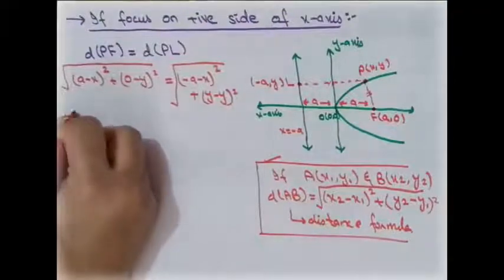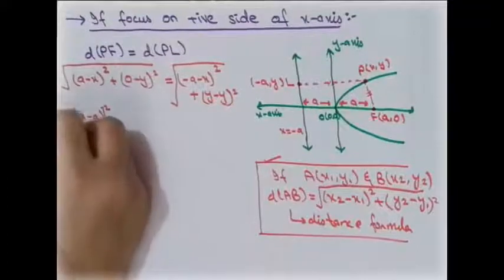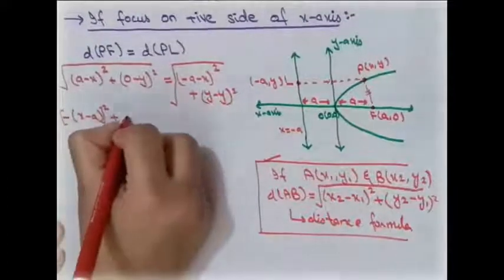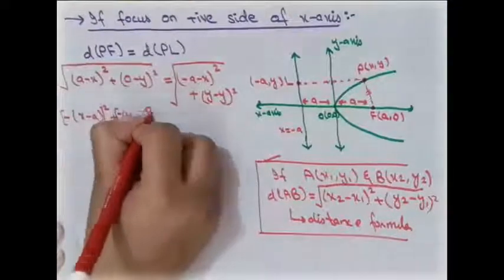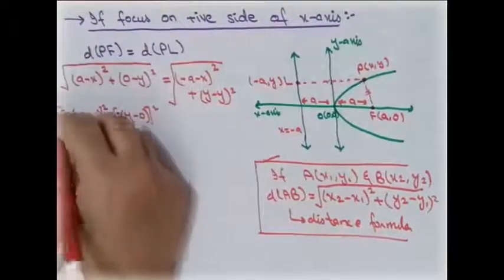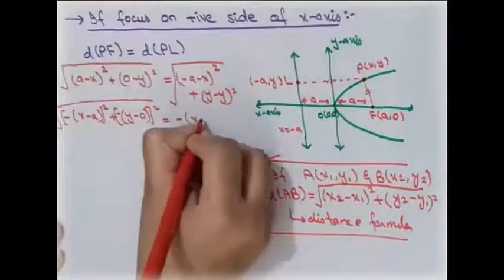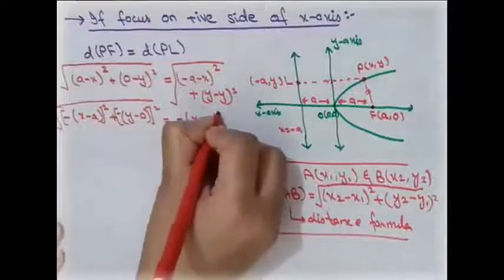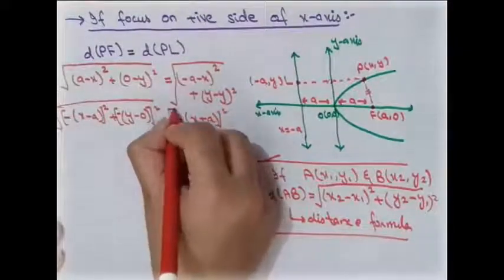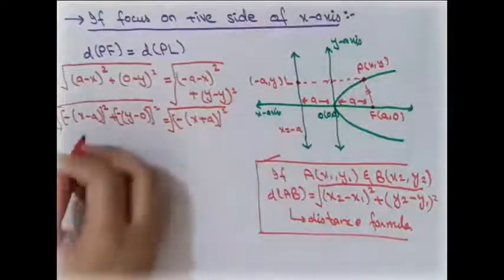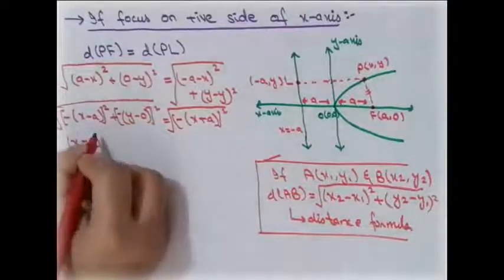So if I take the minus sign common, it will be x minus a square plus y minus 0 square. Taking the minus common under the root, it will be x plus a square, and the a cancels out, so it doesn't affect it. So we are left with this. This minus is squared, so we are left with x minus a square